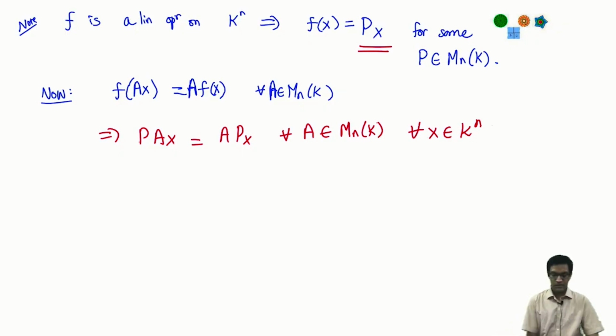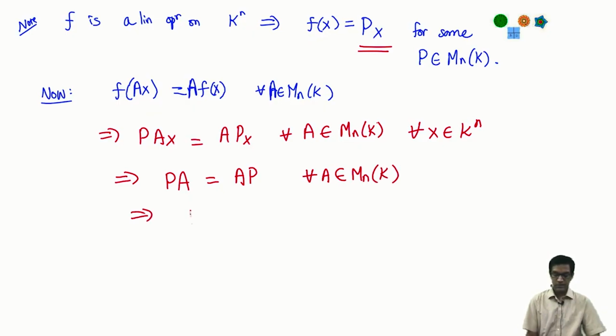Okay. Now what does that mean? Well, it's saying that the matrix PA and the matrix AP, okay, they give me the same answer when I multiply it by x for all x in K^n. Okay. This means in particular that the matrix PA has to be the same as the matrix AP, right? When I multiply it by every vector I get the same answer. That means those two matrices are actually equal. One way of seeing it is by multiplying it by the standard basis vectors, okay, that give you each column of the product. Okay, so I've concluded that P must commute with this matrix A, but it must commute with A for every A in M_n(K).